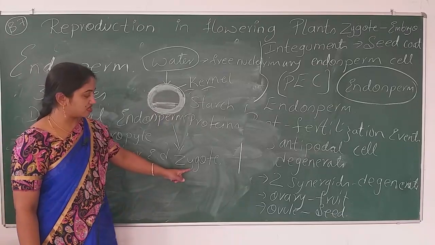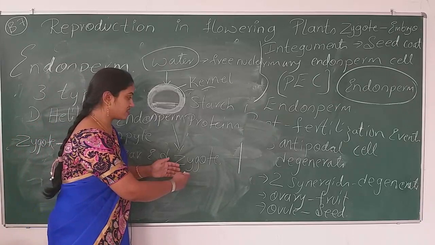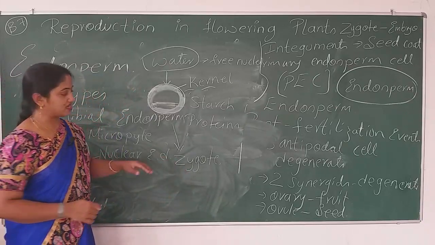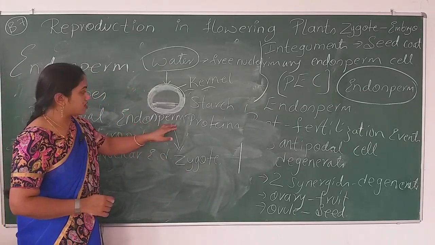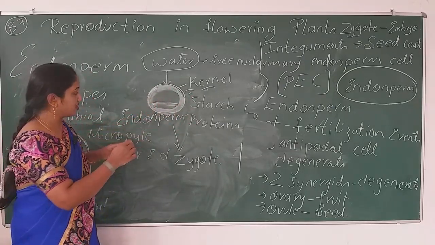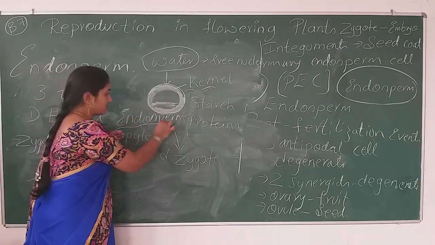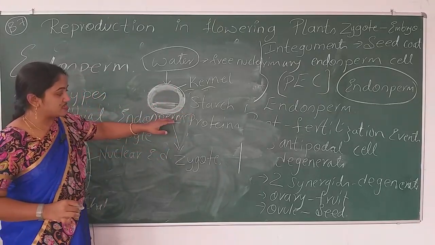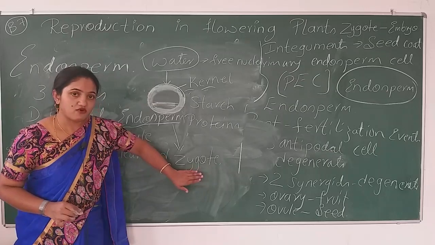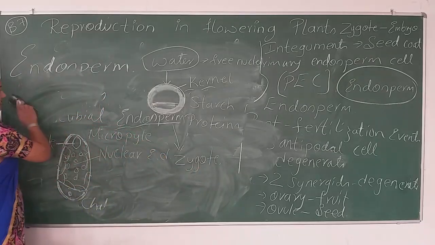The zygote forms the embryo, and then the embryo further develops through a number of stages that I'll tell you. So this endosperm, which is rich in proteins and vitamins and everything, that reserve food material is supplied to the zygote for the development. Okay, one more thing is that